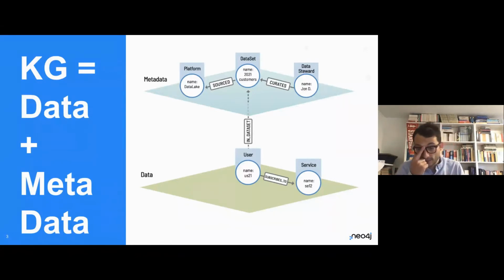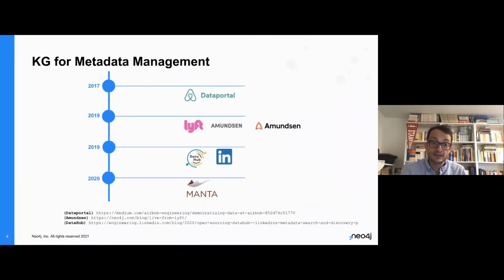And that's something that a number of organizations have realized, the value of representing these data pipelines, the way data moves across your systems, and that's traditionally called data lineage. A number of organizations have realized that it's actually a graph problem. And it all started, and that's a rough timeline, in 2017 when the data portal team at Airbnb built a platform to be able to precisely track the usage of data, not only putting the focus on data lineage, but also bringing in additional information on who were the consumers, who were the producers of data,